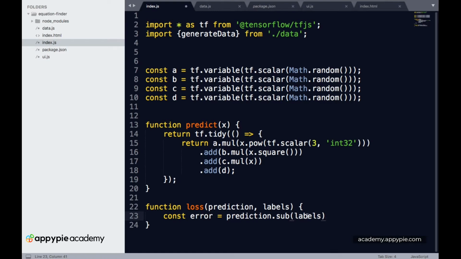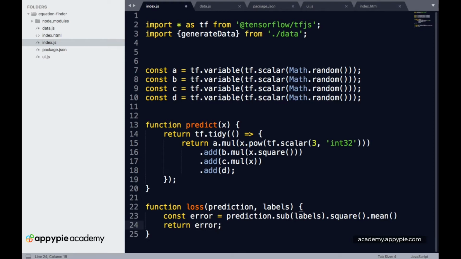So in order to avoid the negative values, we simply square it, because the square of a negative number is also a positive number. And now we just calculate the mean of it. Then all we have to do is return the value of error.